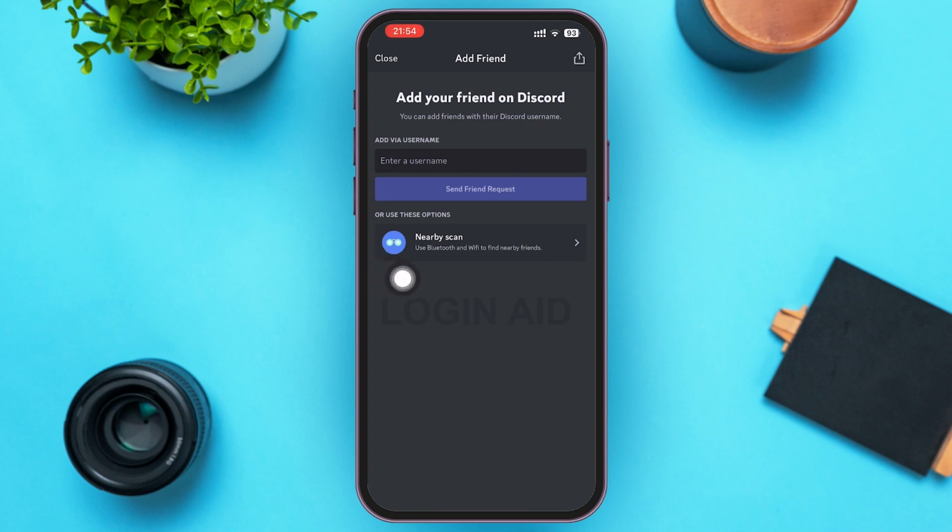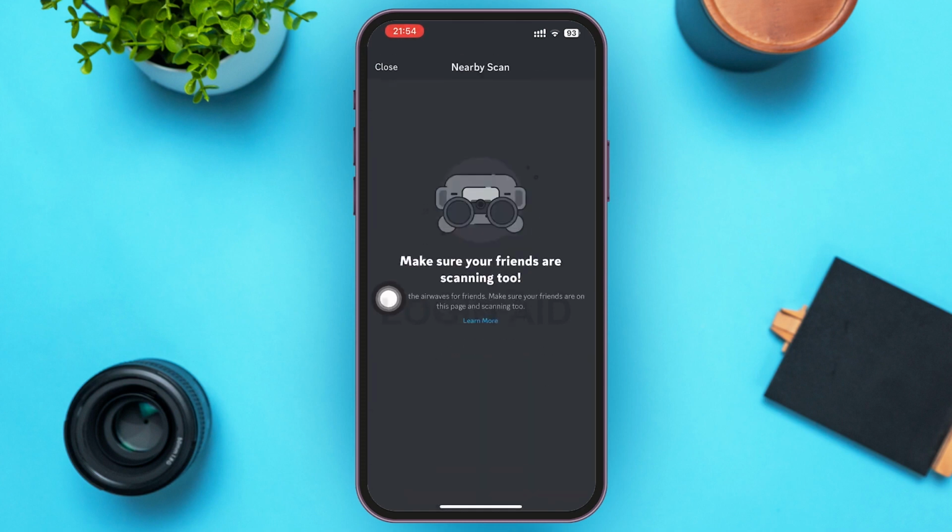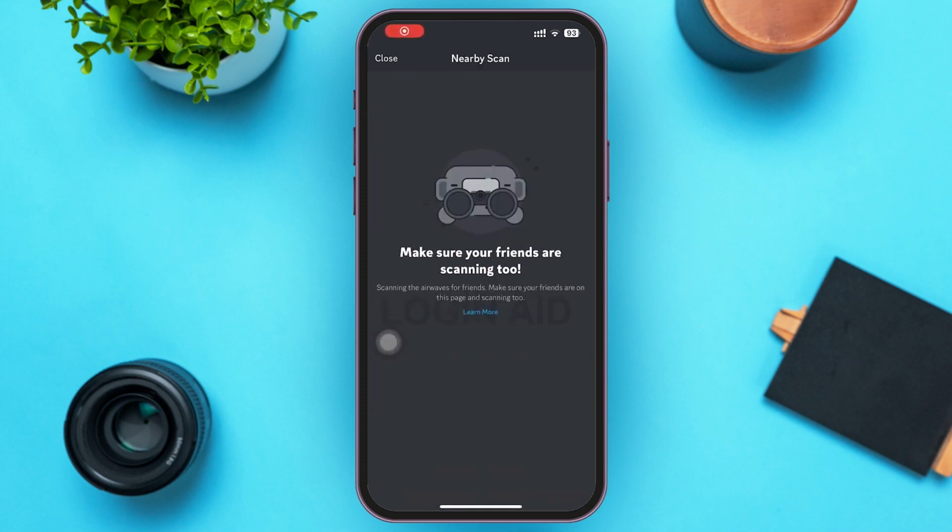Or you can use other options such as nearby scan. Go ahead and tap on it. For this, make sure your Bluetooth and Wi-Fi is on. Make sure your friends are scanning too. After that, you'll be able to see your friends' Discord appearing on your screen. You'll just have to go ahead and tap on that icon if that appears, and then your friend will be